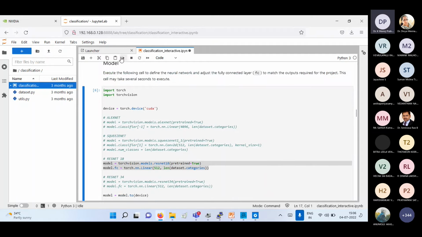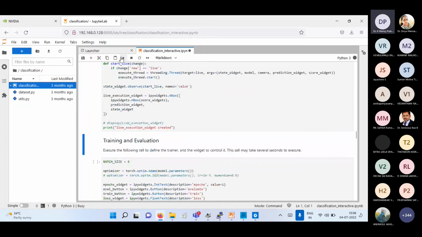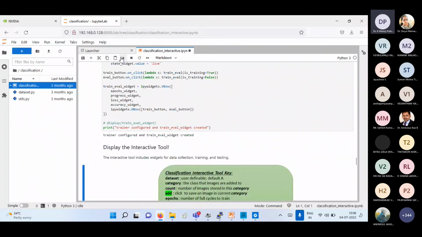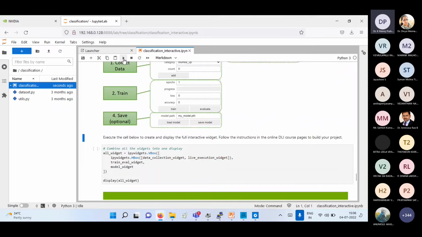And keep on running that. So now I'm going to activate the training part. Now we can see these interactions. In the training, we're going to see the epochs, learning rate, accuracy, everything can be trained on this Jetson Nano itself. We don't need any GPU computer. This Jetson Nano does this whole process.